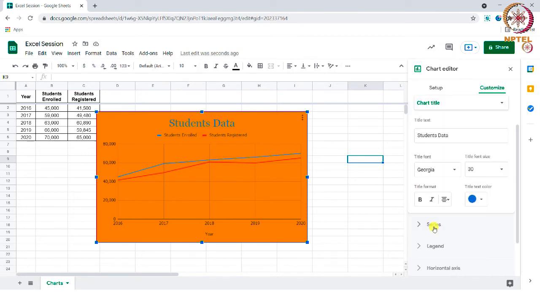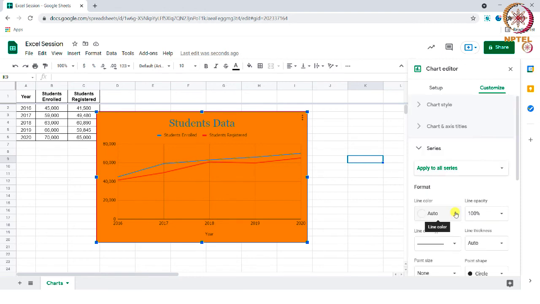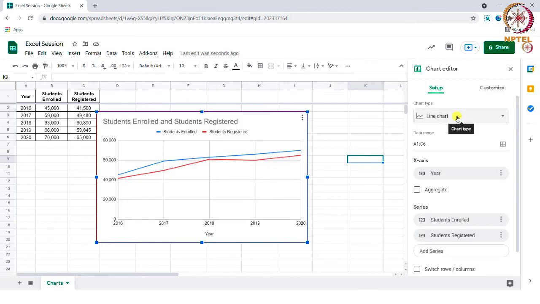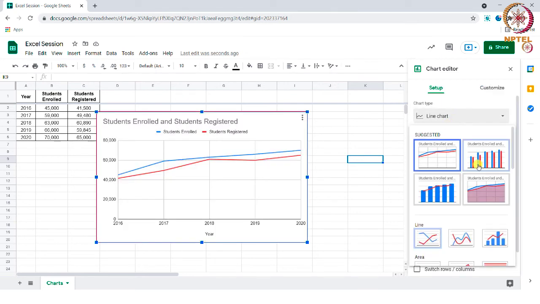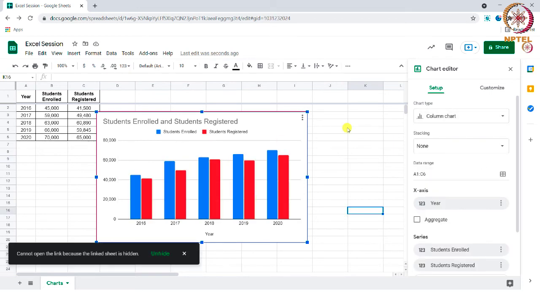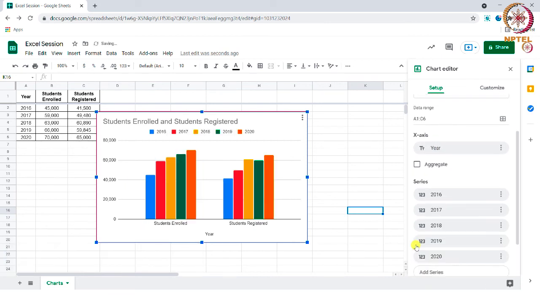The Series tab gives you options to format the lines available here in the chart. All these formatting options will make the chart much more representative. Let's try to change the chart type to a column chart and see how it looks. There we go. Now let's try choosing this option, switch rows and columns together, including the other option. There seems to be a change in the way data is depicted now.